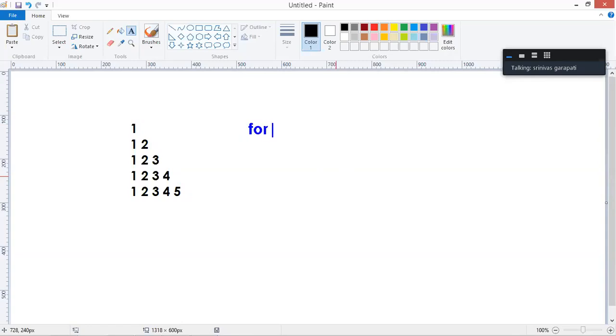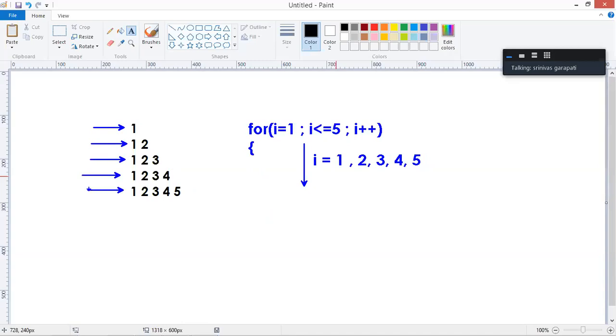The i value: i equals 1, i is less than or equal to 5, i plus plus. So first it will come with i value 1, next i value 2, i value 3, i value 4, i value 5. In every row, what is changing? That is the outer loop. Next, the inner loop. The inner loop is for printing purposes. First row, second row, third row, fourth row, fifth row. Every row starts with a